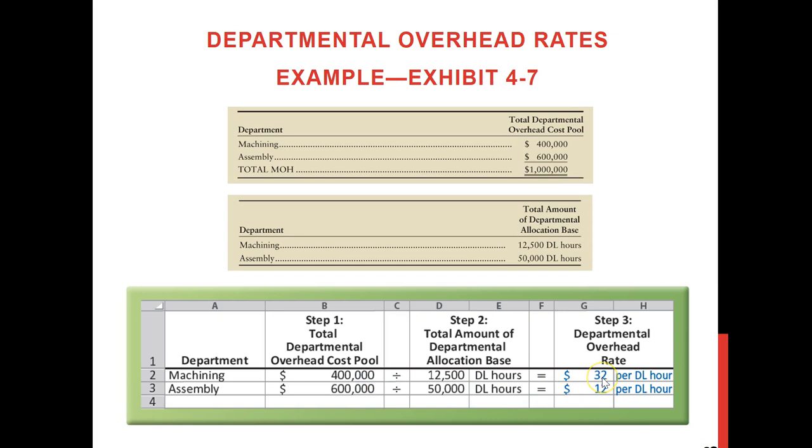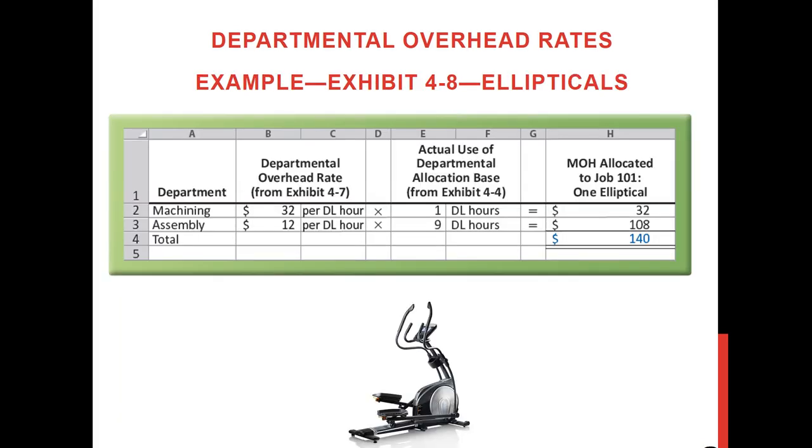And for the machining department, our estimated overhead rate is $32 per direct labor hour, and for the assembly department it is $12 per direct labor hour. Now if we use one example, the elliptical product, where the company uses 1 hour in the machining department and 9 hours in the assembly department to produce 1 elliptical, and if we multiply our overhead rate